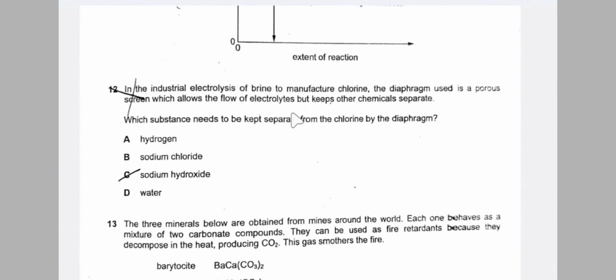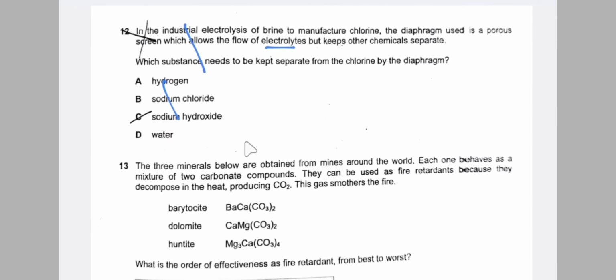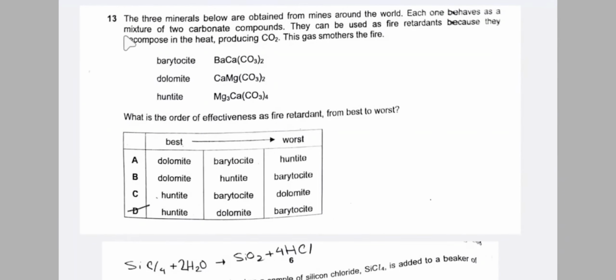And question number 12 is related to electrolysis, which is not in our syllabus, so you can just avoid this. In question number 13,